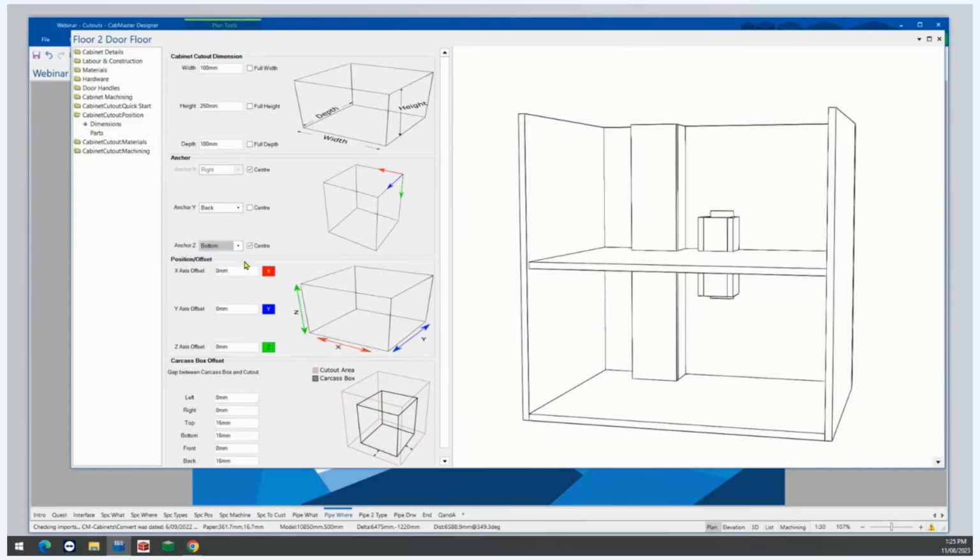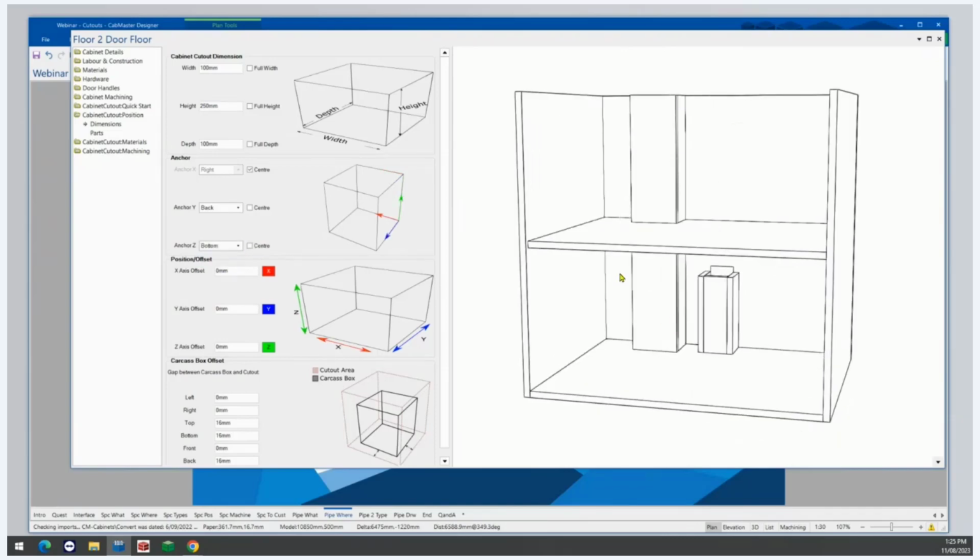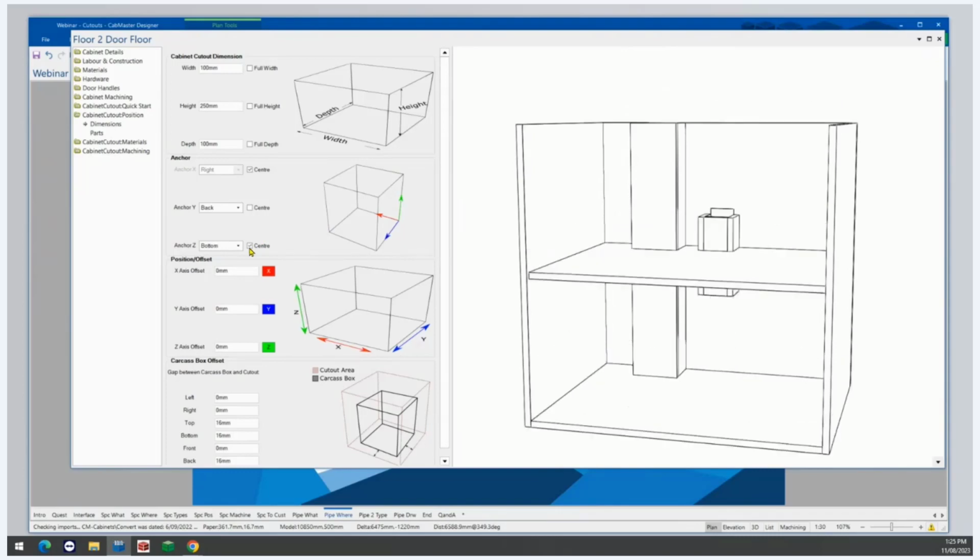We could also set it to bottom center, untick that. It'll put it down the bottom. I am going to put it back on center though. That locks the pipe chase to where it is in the cabinet. You can move the position of it left and right. For example, if we